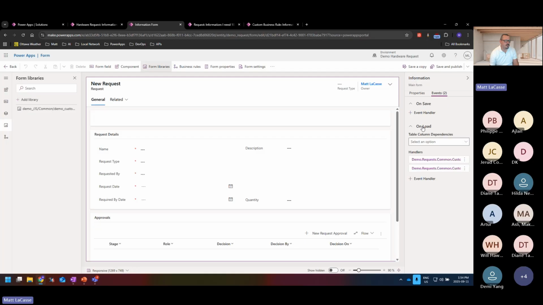And then on my onload handler, I've got two functions that I'm calling. The first one is the method that actually goes and queries the business rule table, gets all the ones related to this table, evaluates all the conditions and applies the rules. The second one dynamically adds onchange handlers to the fields that exist in the conditions table, because otherwise, if there were a real-time change, we wouldn't have that business rule being evaluated. We needed a way to do that dynamically at runtime because we don't know at build time what configuration we're going to have in there.